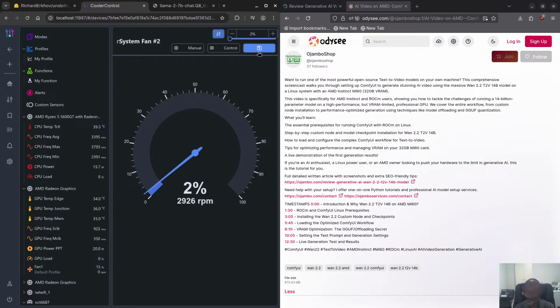It can even be faster if I tweak some of the settings like the temperature and everything. But I like where it is. I'm going to leave that as is. So the good thing is, if you guys want to get into the AI and you have, as I said,